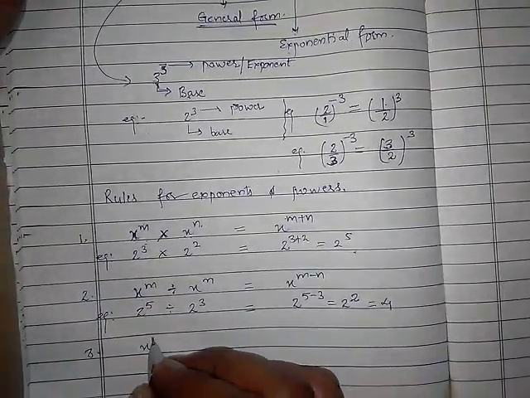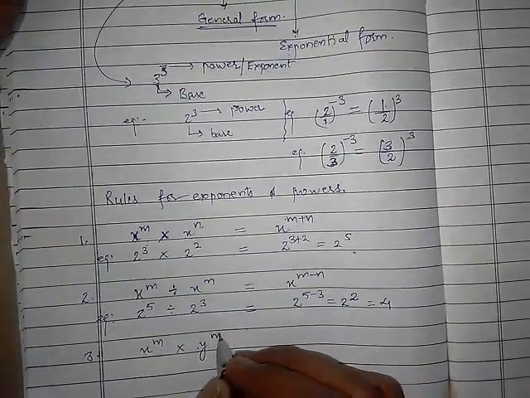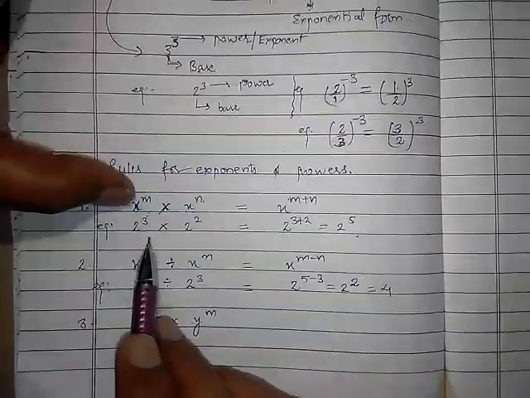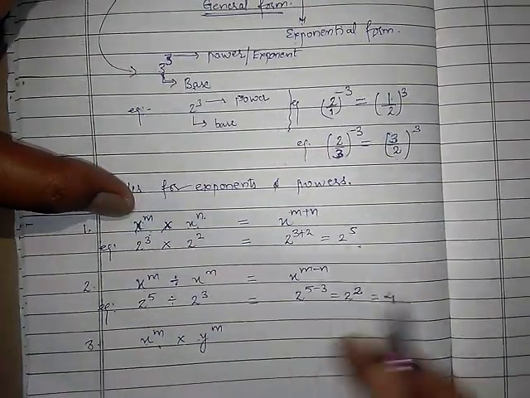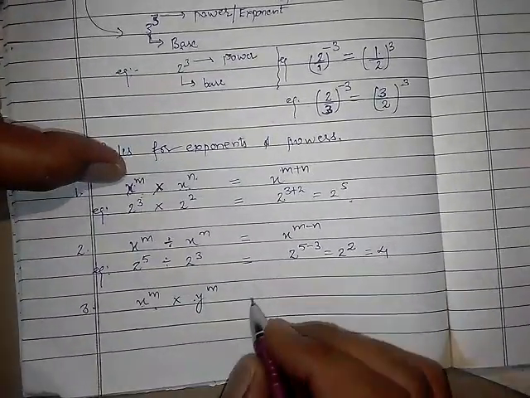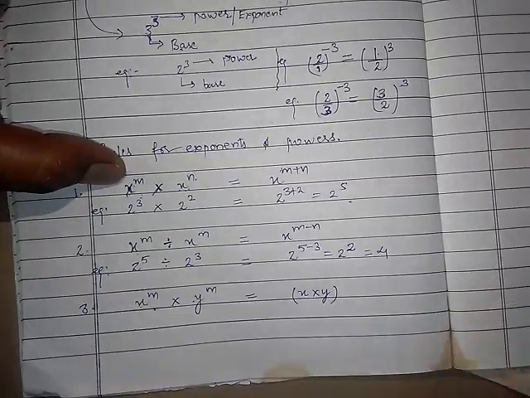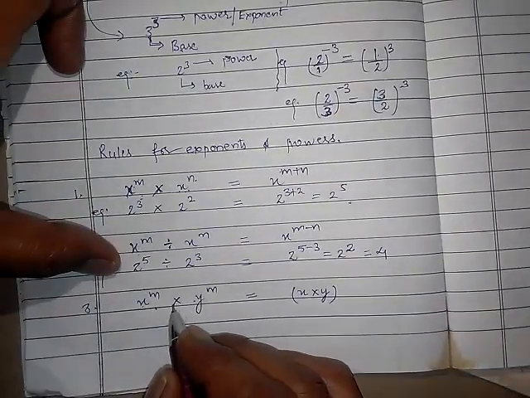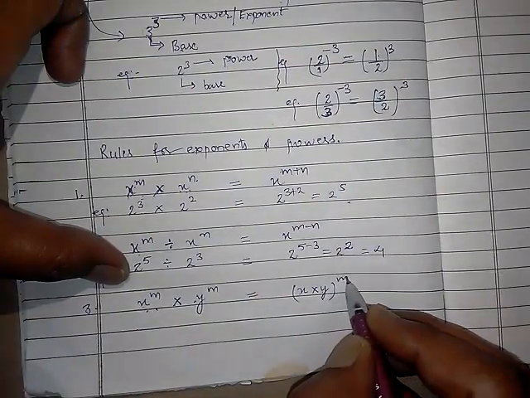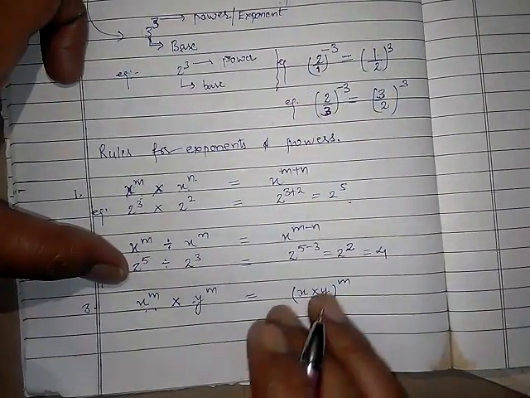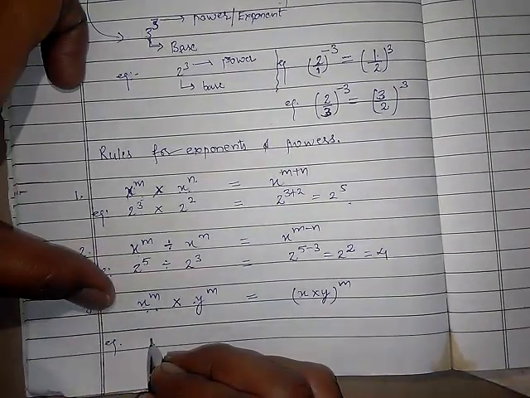Now this is the case when you are having different bases but with the same power. Okay, last time same bases but different powers. Now this time bases are different but powers are same. So what the rule tells you, you will simply operate the operation, means multiply is there. So you will simply multiply x into y whole raised to the power m, mean to say power will be taken as common.